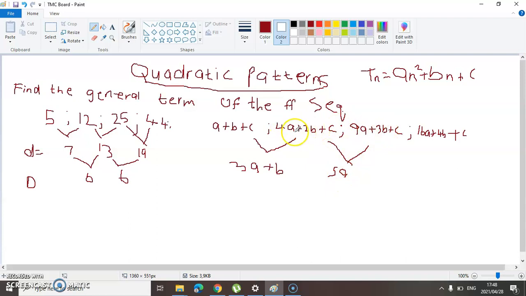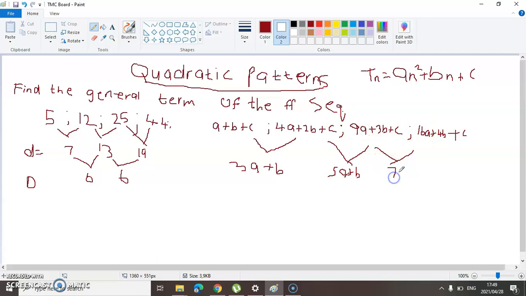And then 3B minus 2B is B. And then C minus C is 0. So you get this. So this is the first difference. This is the first of the first difference, and then the second of the second difference. Okay, whatever. I'm looking like I'm talking nonsense now. But anyway, this and then this, you will then get